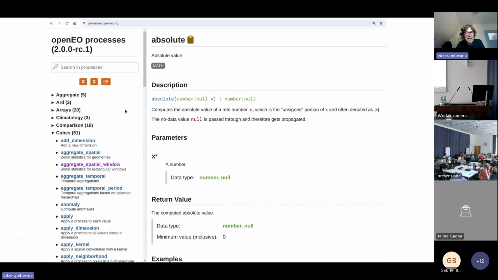And so this basically gives all the building blocks of a programming environment where you can make arbitrarily complex expressions, essentially the same way that you do when you write Python scripts or R scripts. You write a set of expressions so that at the end something comes out, and the whole set of expressions can be represented by a graph structure, which is essentially a computable expression. So what openEO does is create this graph, and then that graph describes what needs to be done, and then you say now do it, and then it does it, right?